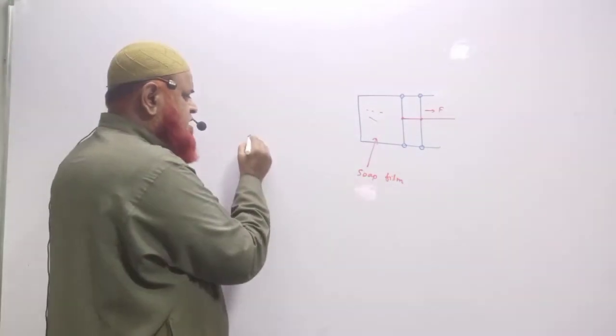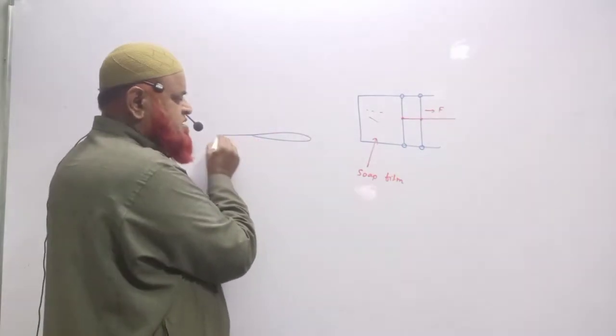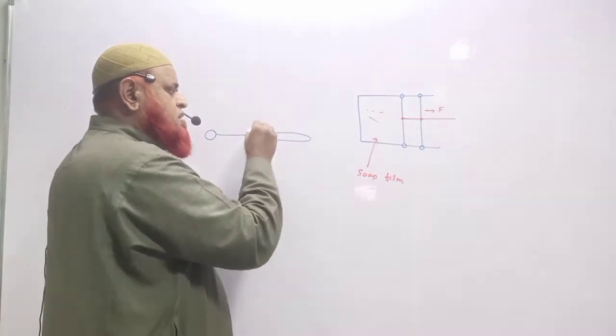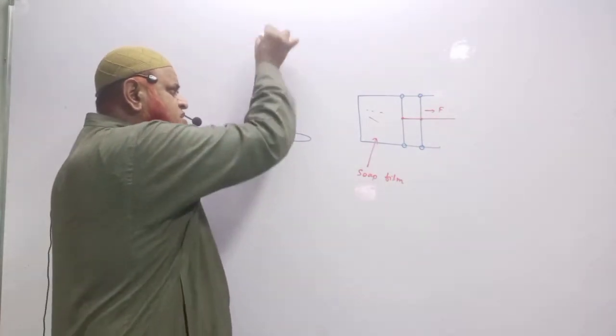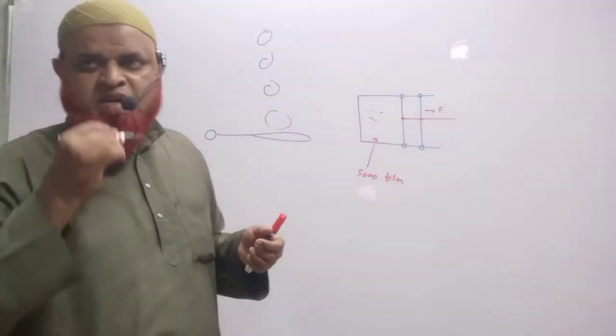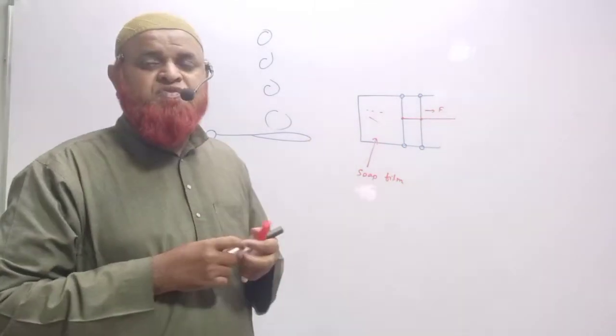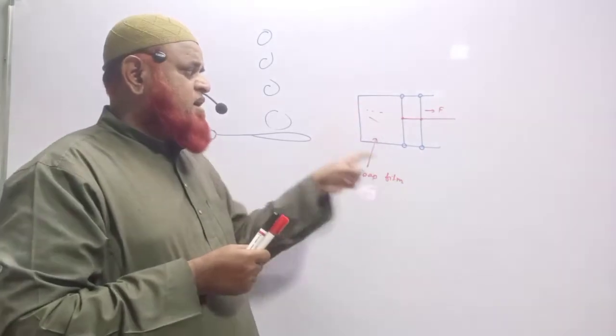Have you ever seen this type of instrument, which has a ring? They will dip this and they will blow. Then what happens? A number of bubbles come out from that. Have you seen that type of instrument where children play? So like that, this is a soap film which is connected to the rectangular shape.